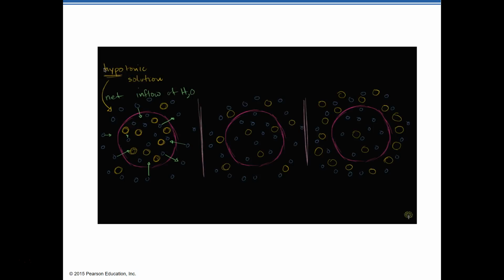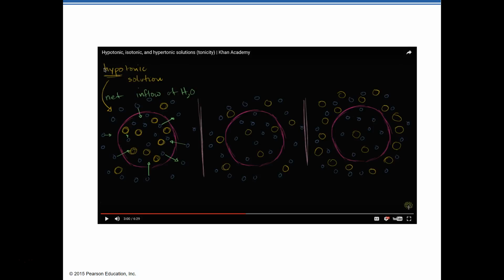So in this case, we have... Okay, hang on just a second. Let me pause him for a minute. You know, he's talking about this solution that's on the outside of that cell being a hypotonic solution. And I think it's important to point out when we talk about hypo, hyper, and isotonic solutions, we're talking about the solution outside of the cell and what that solution is relative to what's inside the cell. So when he's talking about it here, it's a hypotonic solution that's outside of the cell because the concentration is much lower outside the cell than inside the cell. So it's hypotonic relative to what's going on inside the cell, okay?